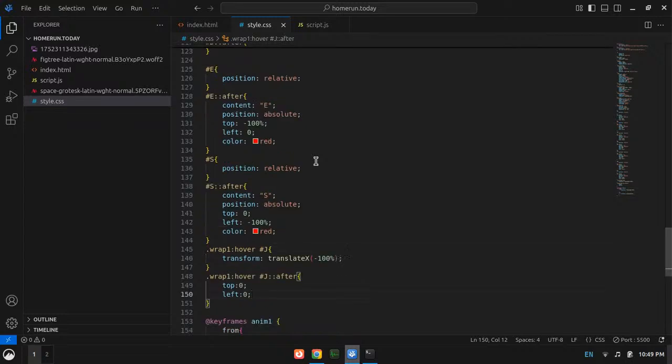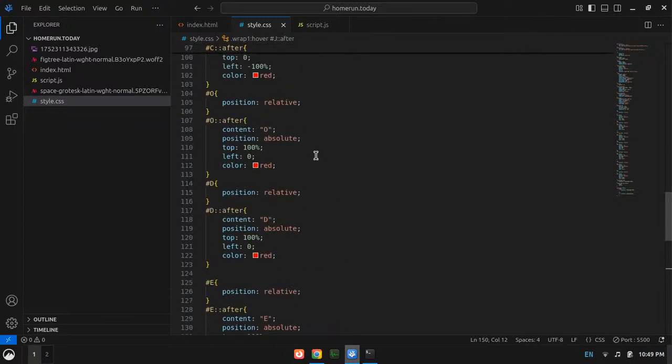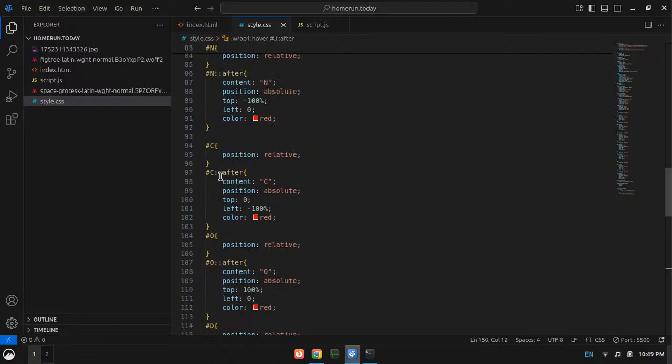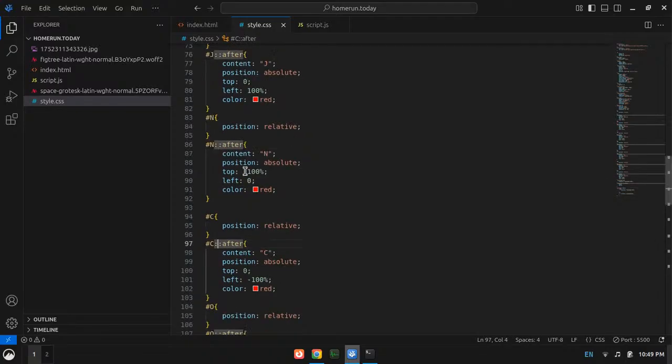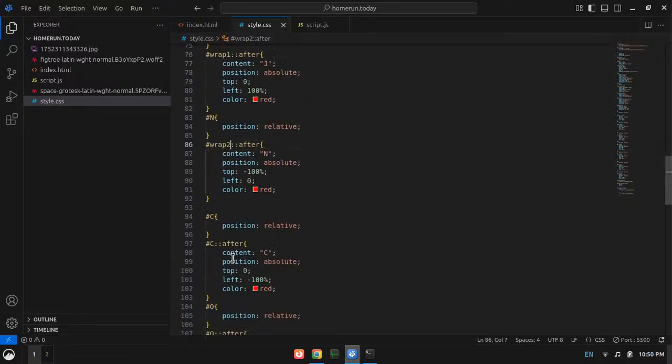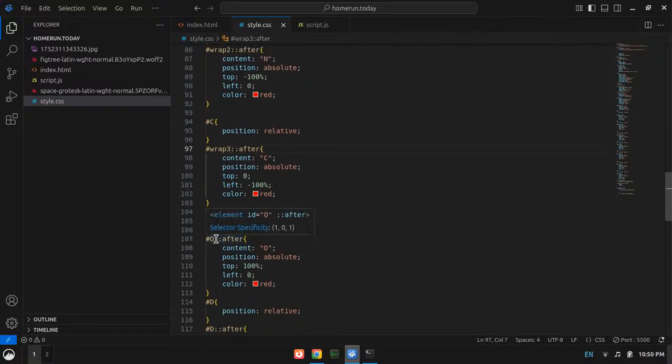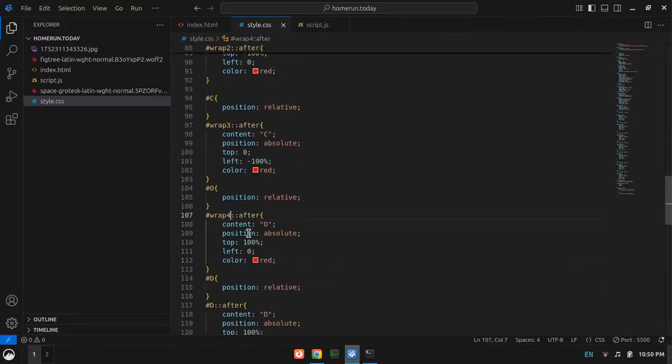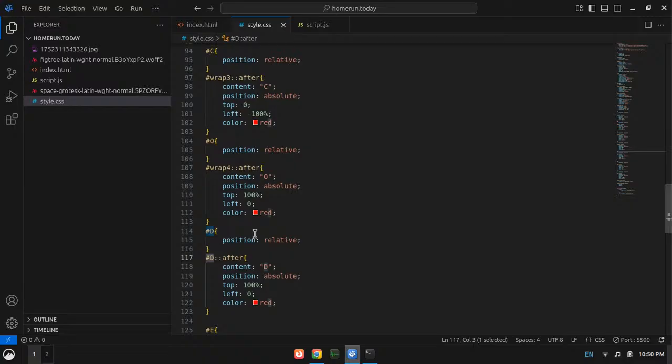I see it. I had to add the after thing to the divs, wrap 1, wrap 2 and so on. So I will give it wrap 1 and wrap 2, then wrap 3, and now I see why this website got featured on awards, but whatever.